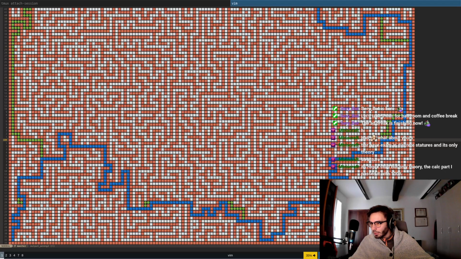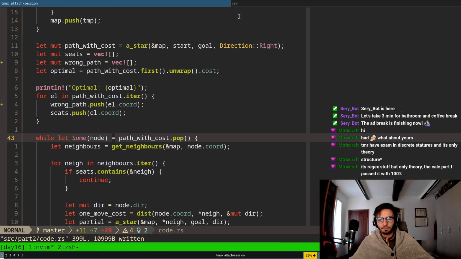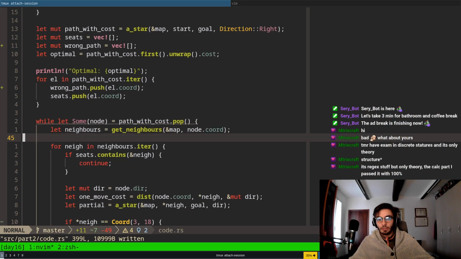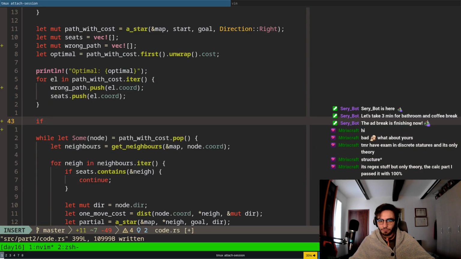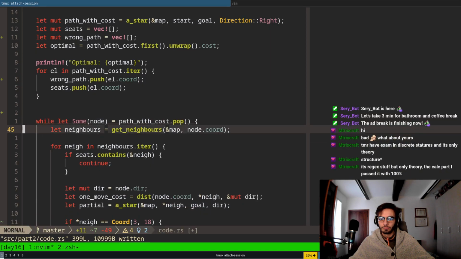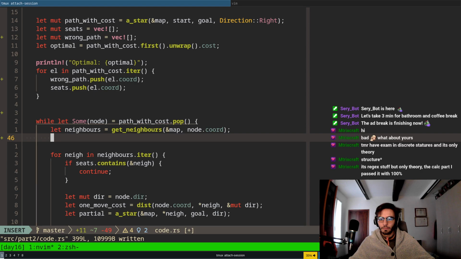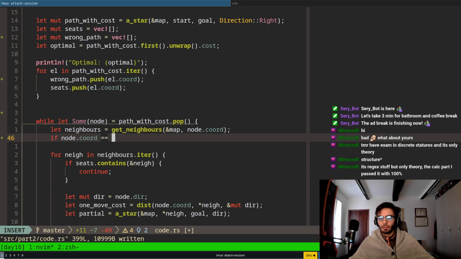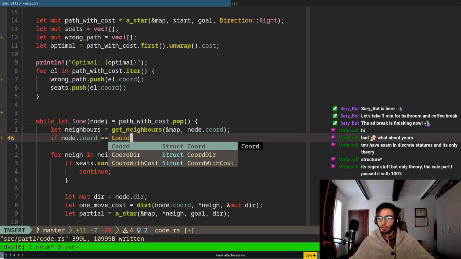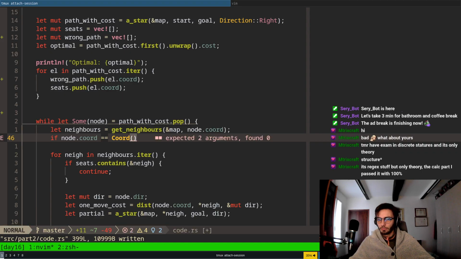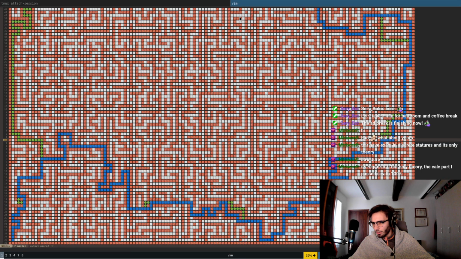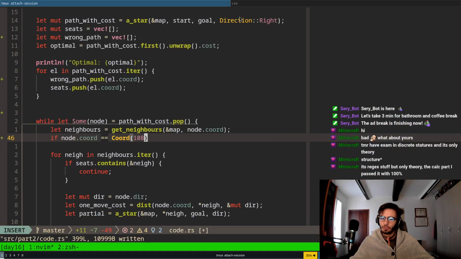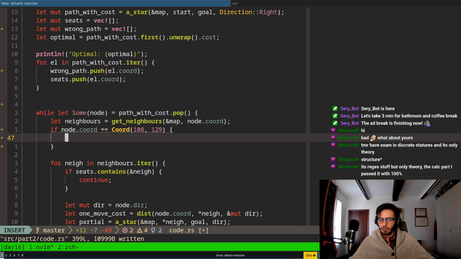At this current moment, I'm going to drop the 107, 129, which would be the node that I'm finding. So if node is equal, or okay, current. If node dot coordinate is equal to coord of, let's take a look, coord of 107, 129. Yes. Then I print